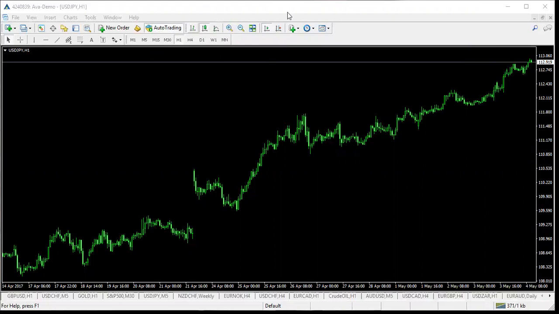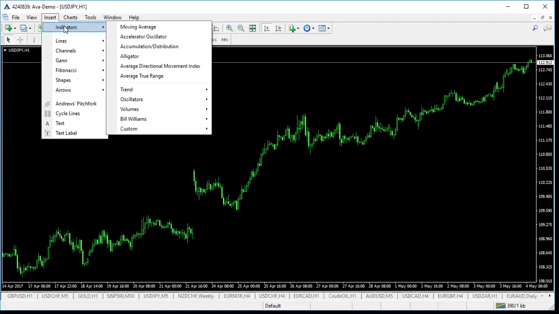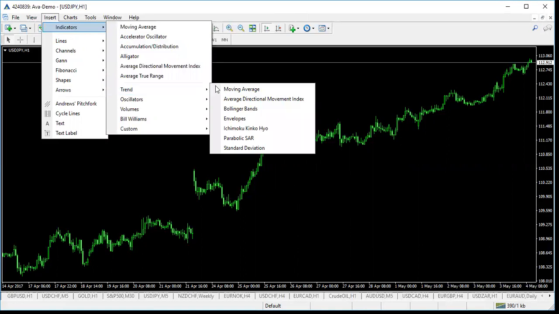Okay, so for today's video, we'll be doing a quick run through of how to determine breakouts in the market using two indicators specifically, being the Bollinger Bands as well as the RSI indicator as a filter. So to start things off, under trend, we find the Bollinger Bands,